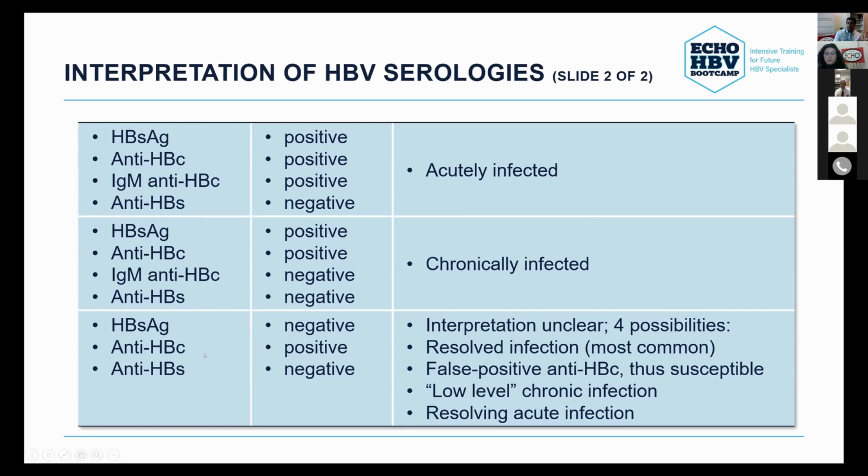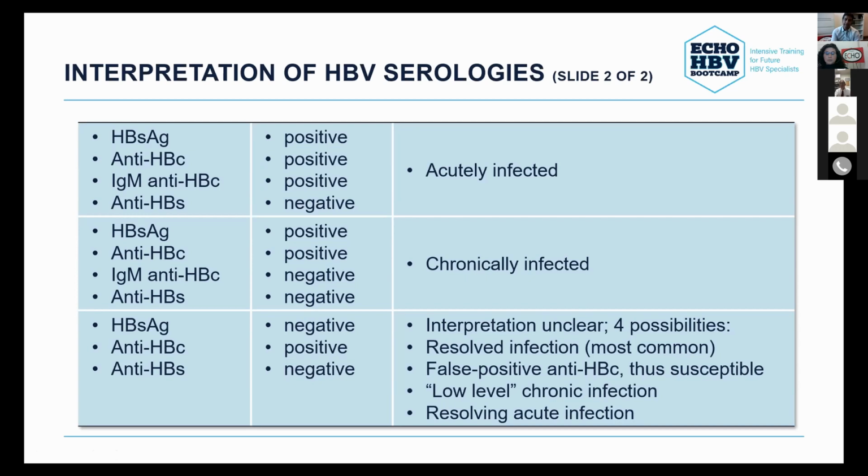Now the last scenario is also one of the most common scenarios that I encounter in my clinic population. So this is almost all the serology. Surface antigen is negative, surface antibody is negative, and core antibody is the one that is positive. So there are clearly 4 possibilities, and it's really hard to distinguish one from another, okay? All you see is the presence of core antibody. Now remember, I told you that a core antibody is a very reliable marker of a past infection. So in the majority of times, that's what it tells us, that the patient at some point was infected with